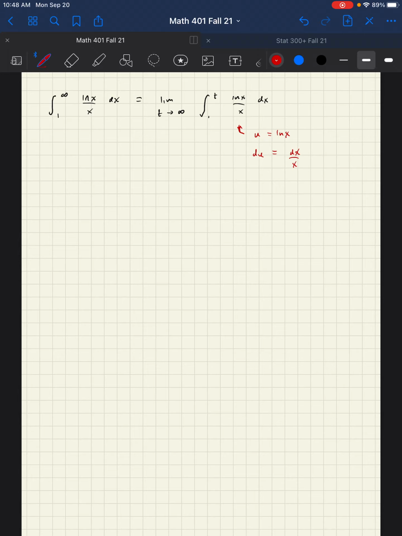for integration. So we're going to let u equal ln of x, which makes du be dx over x. Convenient, because we're going to be left with u du. And this is a continuous transformation of x, so we won't have to worry about any limit stuff. So this becomes the limit as t approaches infinity of the integral from ln of 1, which is 0, to ln of t, of u du. Then this means the limit as t goes to infinity of u squared over 2 from 0 to ln of t,